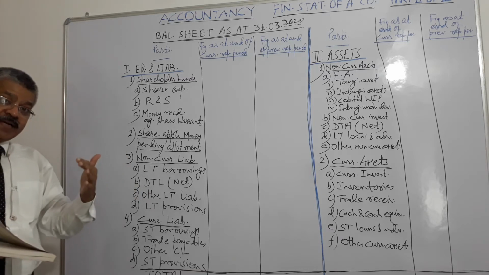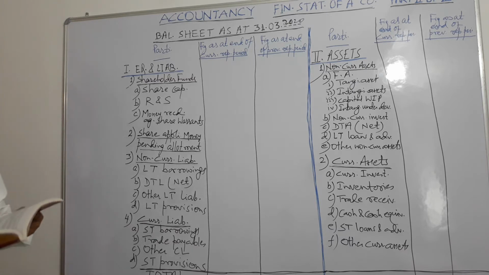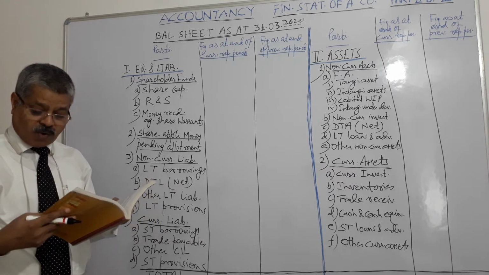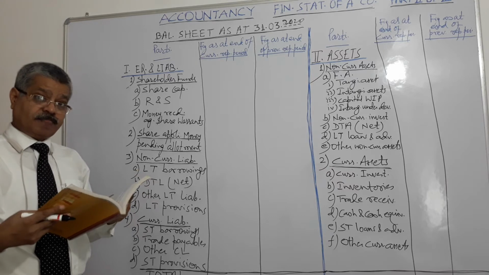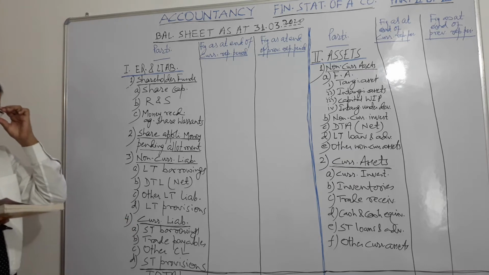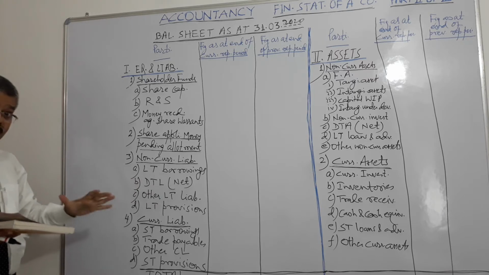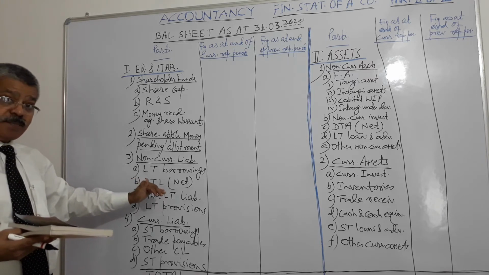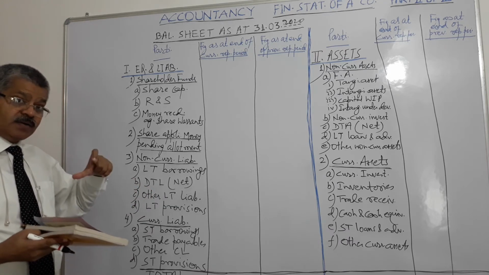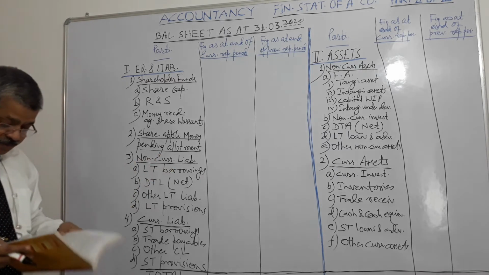Deferred tax liability. It is a tax liability but it is deferred. So what is deferred tax liability? It is a tax that is assessed or is due for the current period, but has not yet been paid. It is a tax which has been assessed for the current period, but not yet paid. That is called deferred tax liability, or tax liability which is deferred, right?